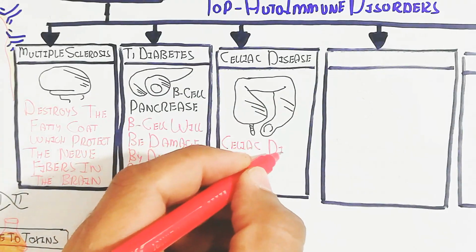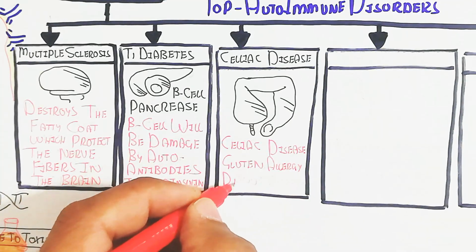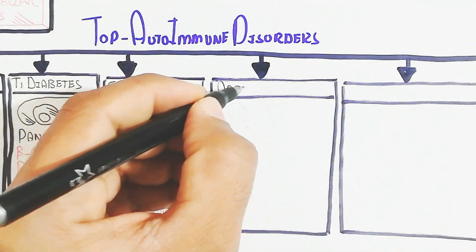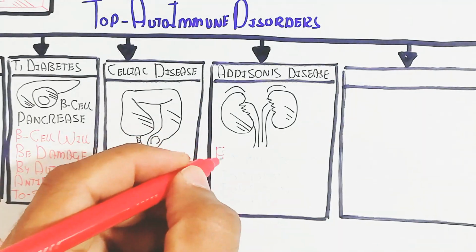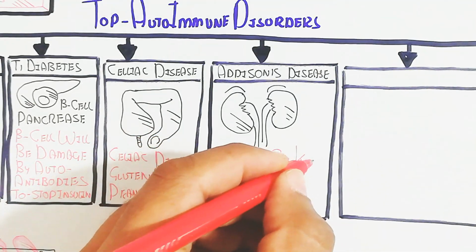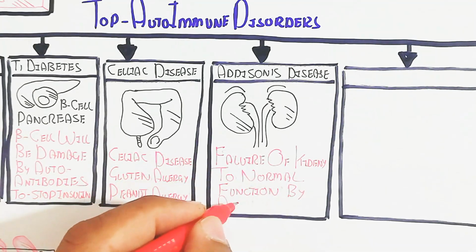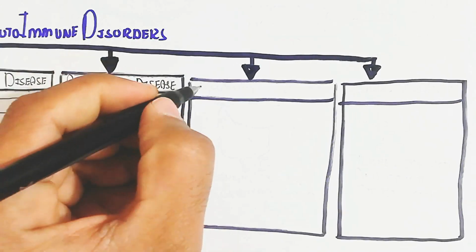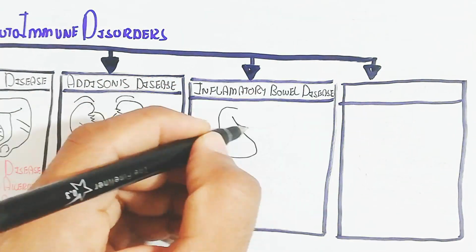While celiac disease, gluten allergy, and peanut allergy, as well as other celiac disease, will also progress due to autoimmune disorder. Addison's disease is a failure of the kidney to function normally due to autoantibodies. Inflammatory bowel disease is also part of autoantibody generation, and will lead to Crohn's disease and ulcerative colitis